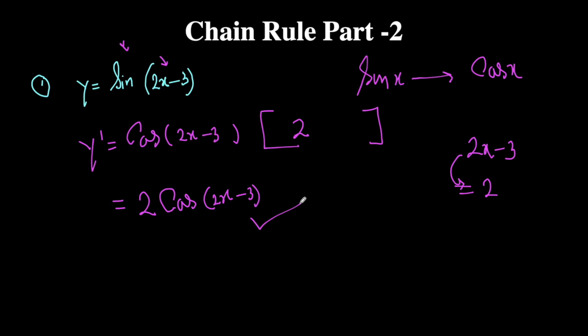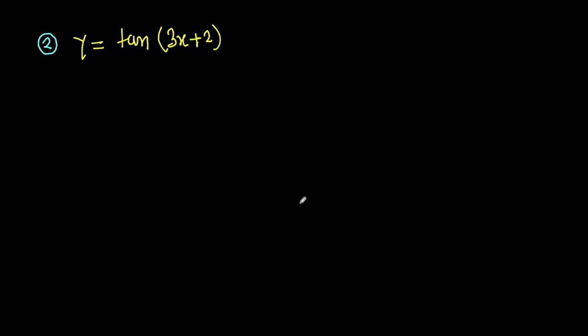Okay, so let's take the second question. y is equal to tan (3x plus 2), and we know that the differentiation of tan x is sec square x. Here inside tan there is another function, 3x plus 2. So I will assume this as a tan bracket. So differentiation of tan bracket